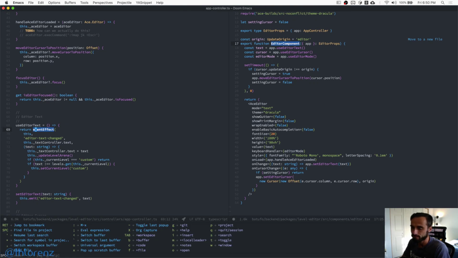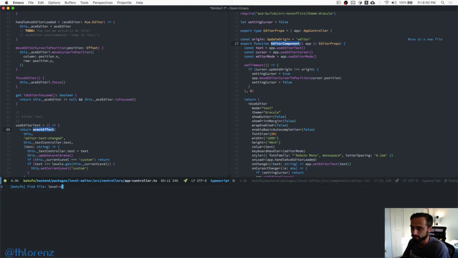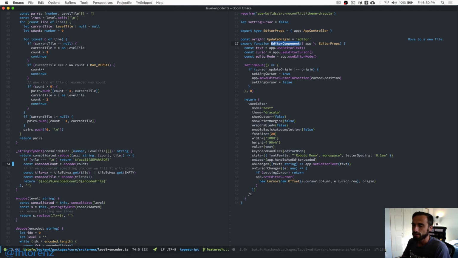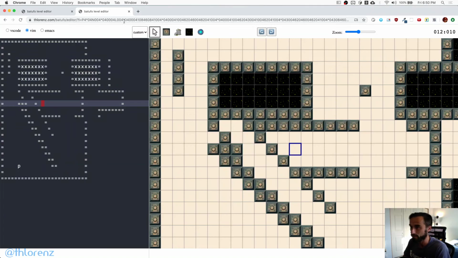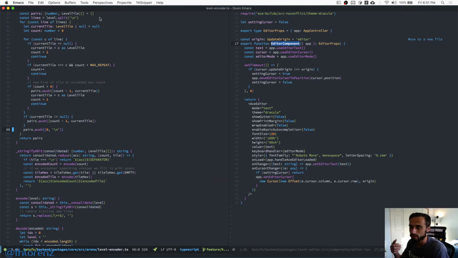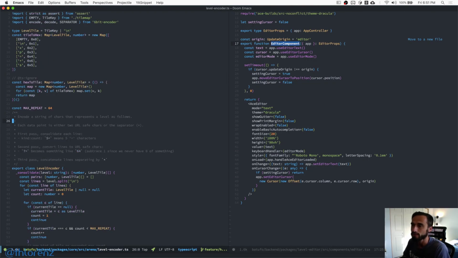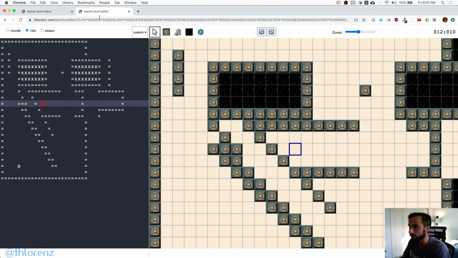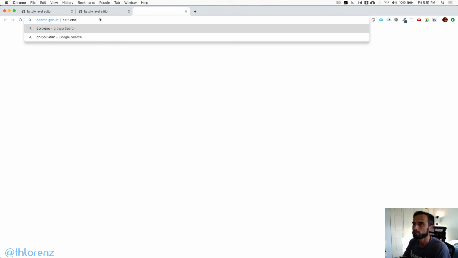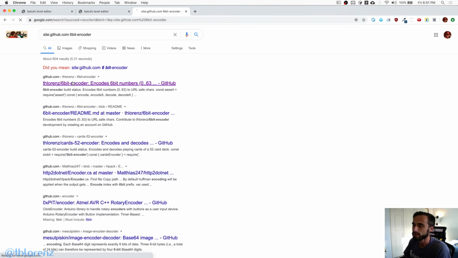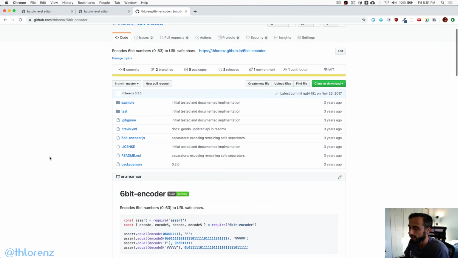Level encoder. That is basically just a small little class that does nothing but convert a level to the string that we looked at. It uses URL safe chars. And how does it do that? Well, it uses a 6-bit encoder that I actually implemented. So let's look at that one real quick. I hope it'll find it like that. Yes, there you go. And what that does, it has a